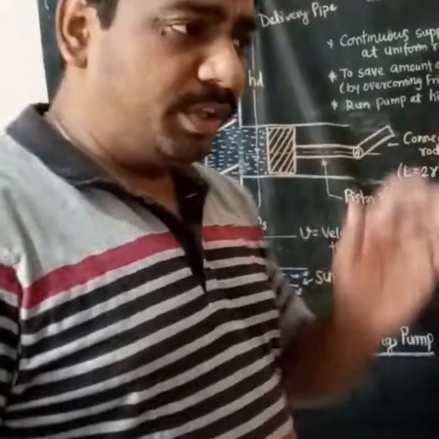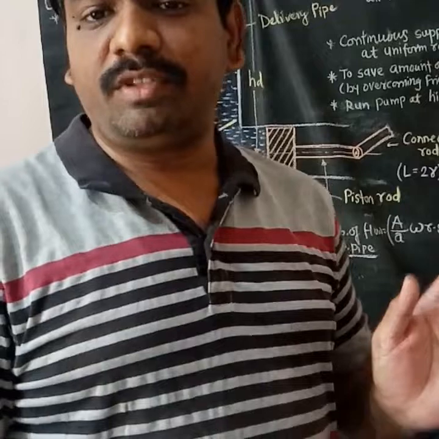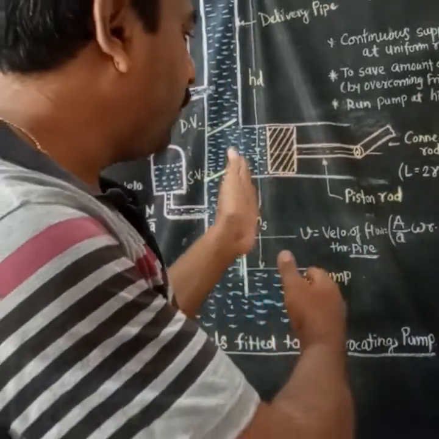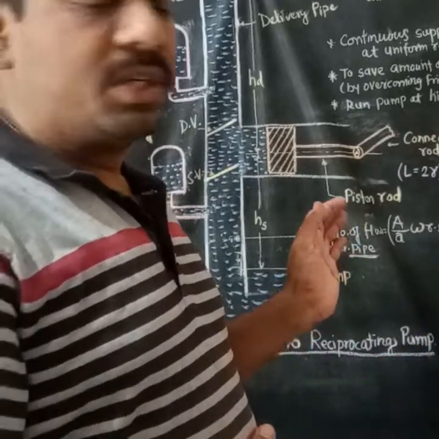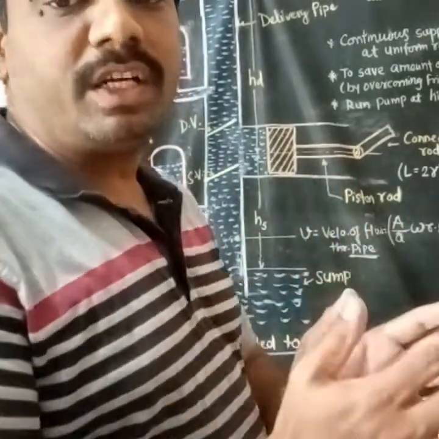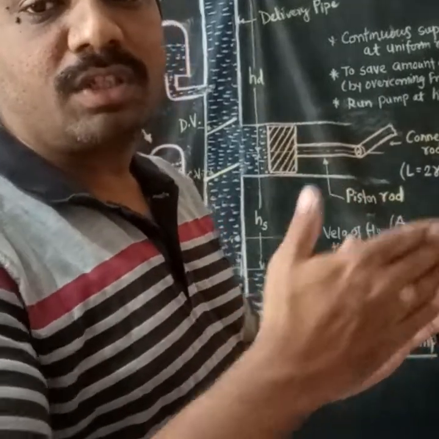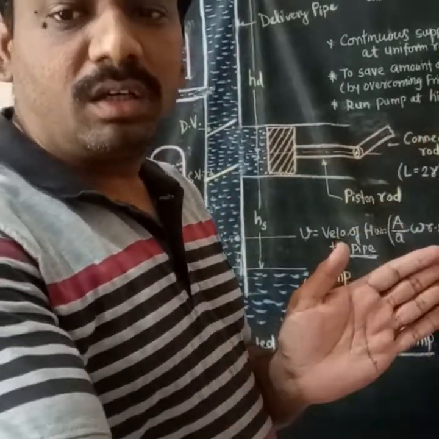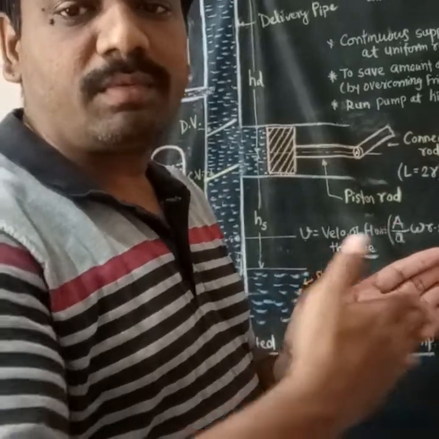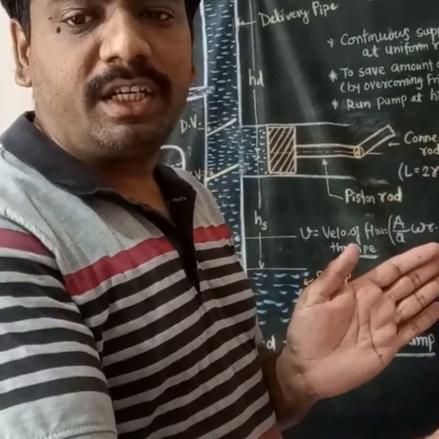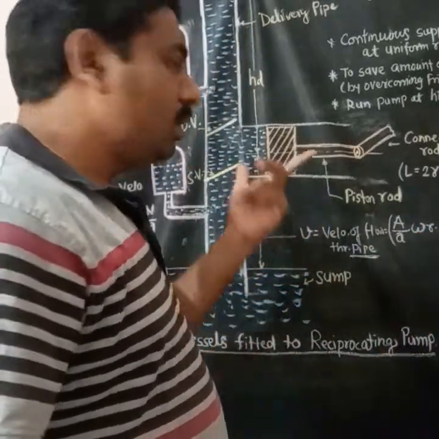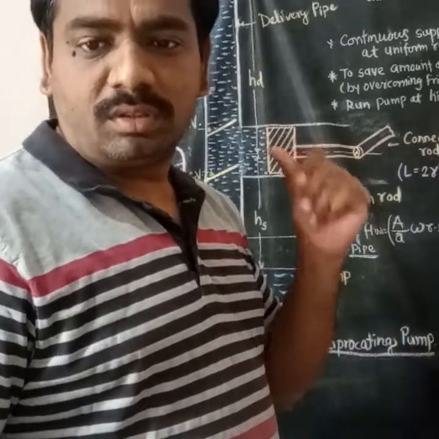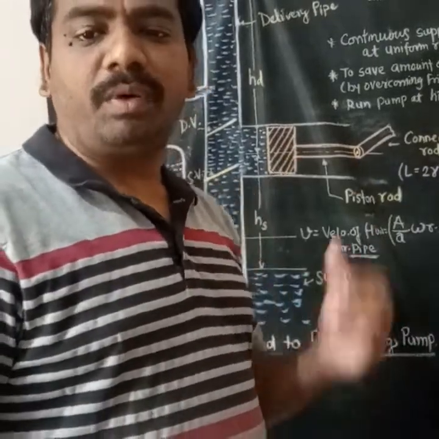So whenever this piston moves from the inner dead center to the outer dead center, that means from the left hand side towards the right hand side according to this diagram, that means theta equals 0 to 180 degrees. While it is moving, we can divide this movement in two parts, the first half of the suction stroke and the second half of the suction stroke. The first half is from theta 0 to 90 degrees and the second is 90 to 180 degrees. And then we are going to discuss the working of the single acting reciprocating pump with the air vessels.